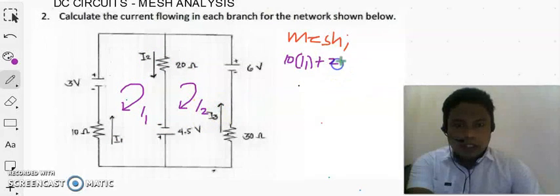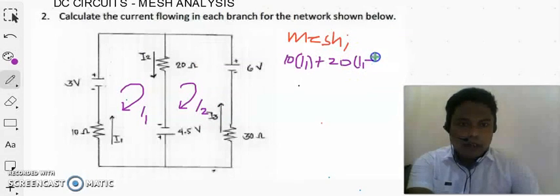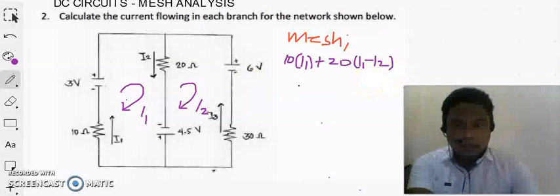So plus 20 times (I1 minus I2), then plus